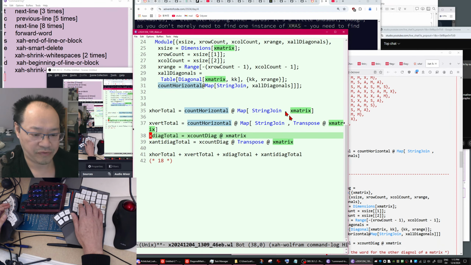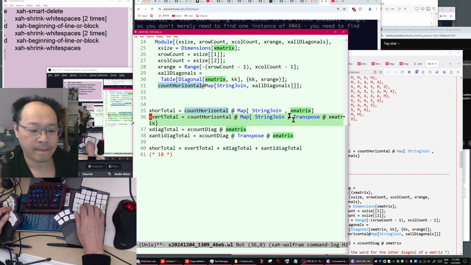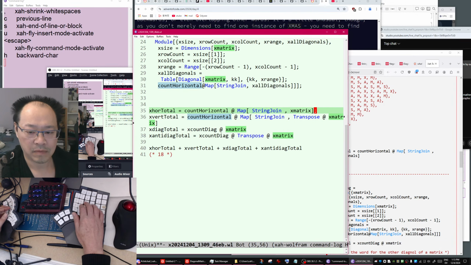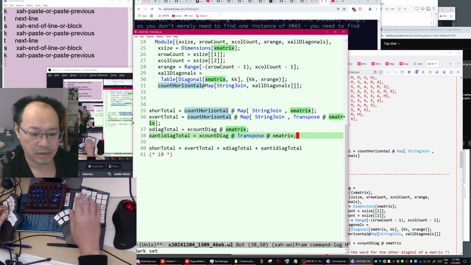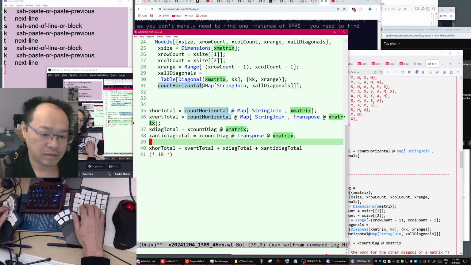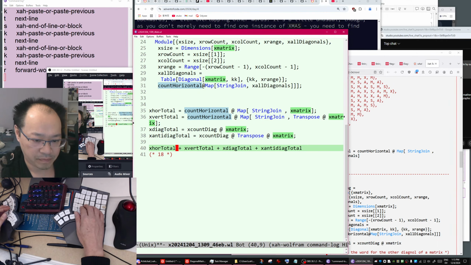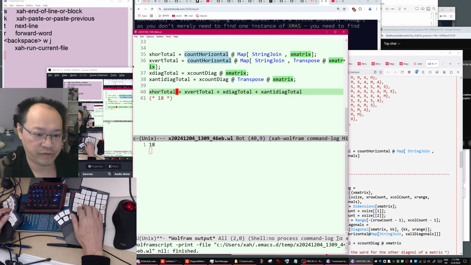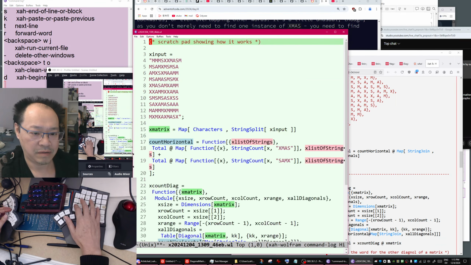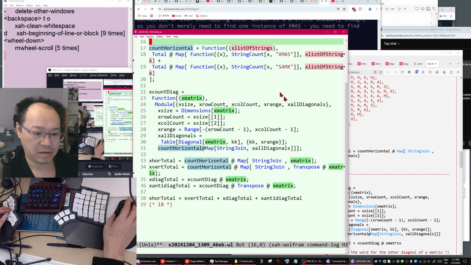So you got these 4 values. Then you just add them, evaluate it. Beautiful. Okay, so the code is just this.